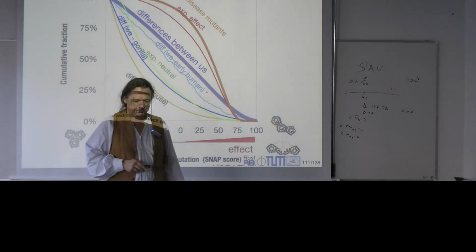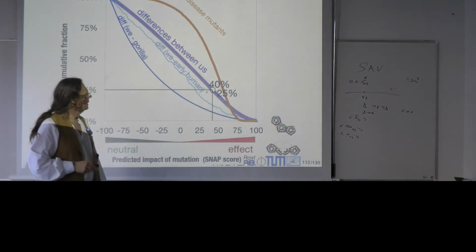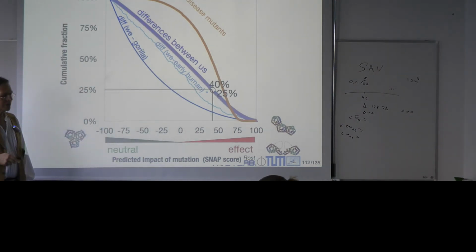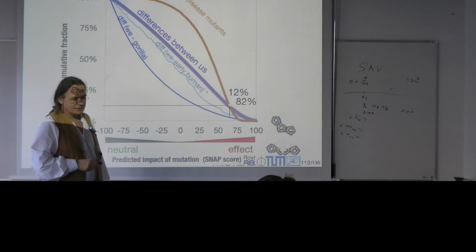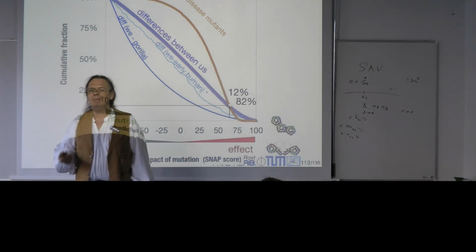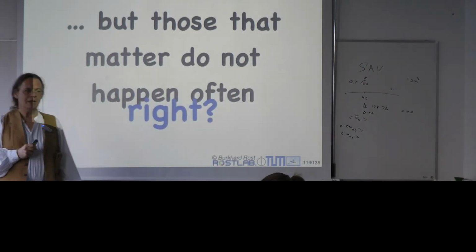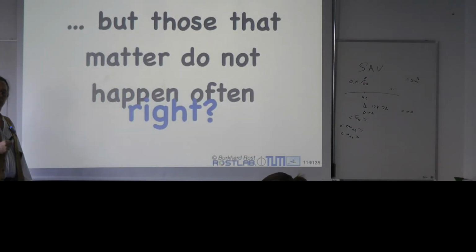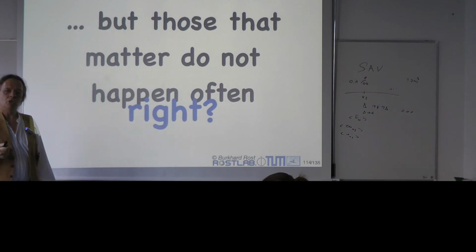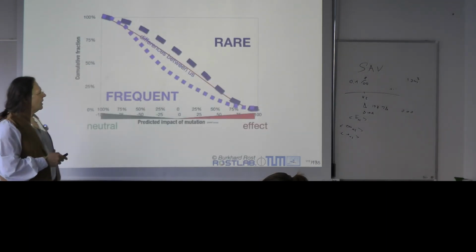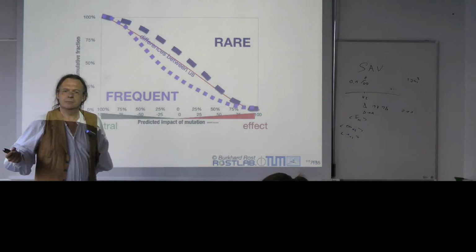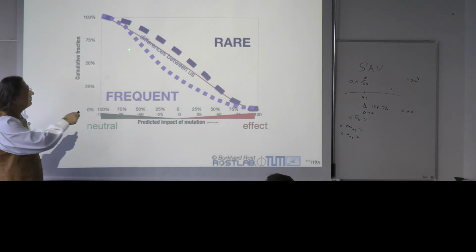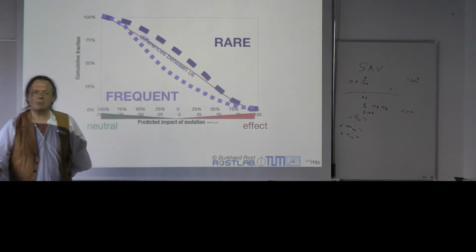Now, clearly, some of those matter a lot, some of those are like disease variants, and some matter. But what we would argue now is those that matter may be rare. What I define as rare on this plot is less than 1% in the population, as opposed to frequent, more than 5% of the population.